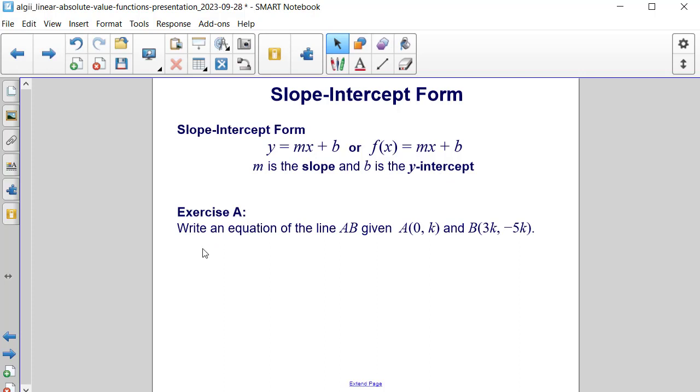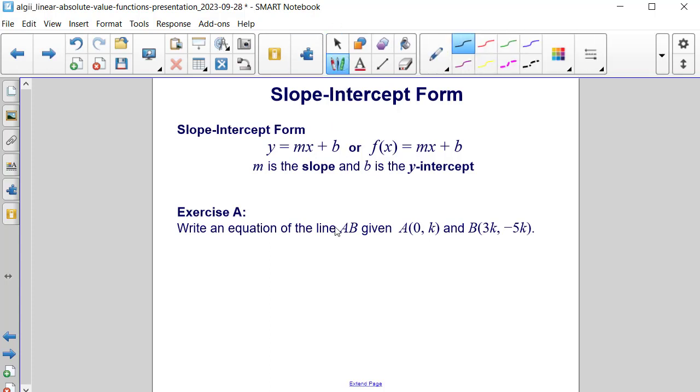Let's try an exercise. Write an equation of the line AB, given that point A has the coordinate (0, k), and B has the coordinates (3k, -5k). So the first thing that we need to find out about our line is its slope. So the slope of AB is going to be equal to, we have x1, y1, and x2, y2. Remember, slope is rise over run, or y2 minus y1,